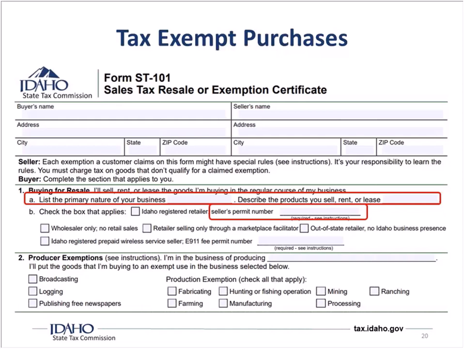Gordon, quick question for you. We're going to have a little colloquy here. Does a vendor have to accept these? No, they do not. It's a little bit strange for them not to, because this actually relieves them of all liability. It didn't used to. It used to be that they could be held liable if they accepted one of these from somebody. But if it's been properly filled out, then it relieves the vendor of all liability for the tax that they didn't have to collect. And it goes back to whoever the buyer was, that's who we're going to collect it from. Yep. Thank you.